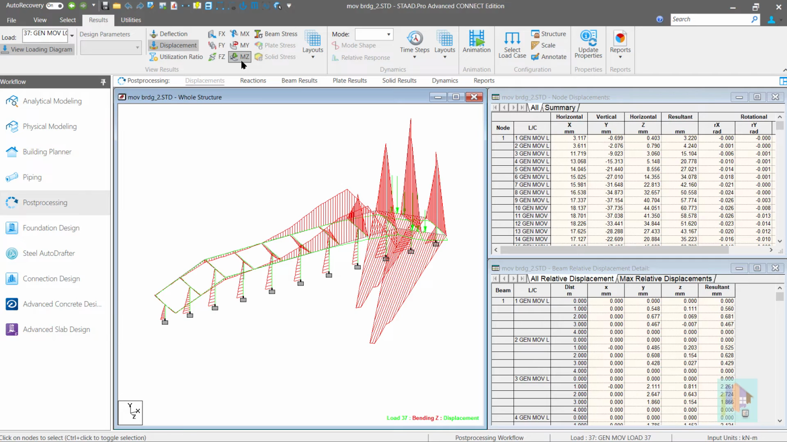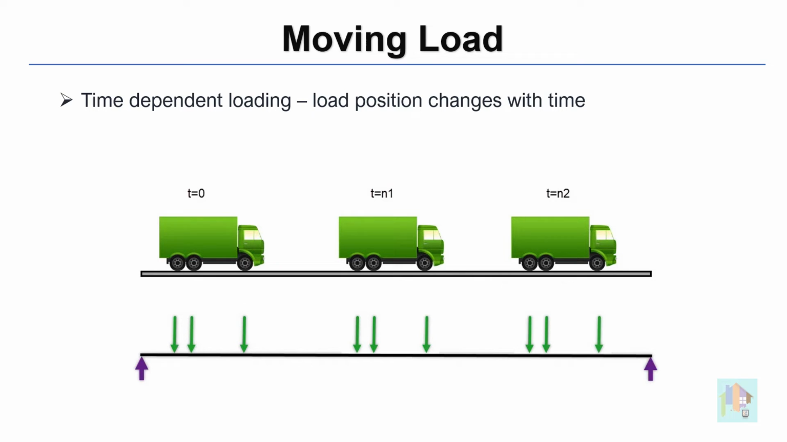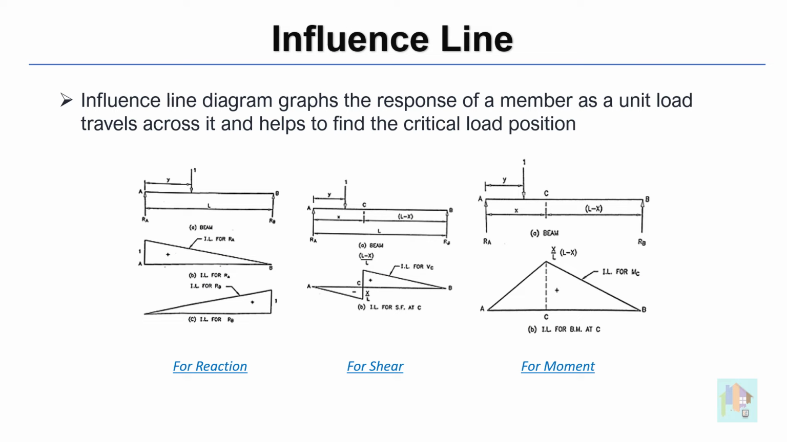Now the question is, how can we determine the critical load position and is there any alternate way to bypass this calculation? If we apply the same wheel load on the entire bay, that is not an economic solution. We can also apply an average load on the structure, but both of these approaches will produce highly overestimated design results. There are a few manual approaches like the influence line diagram, using which we can calculate the maximum shear, moment or reaction